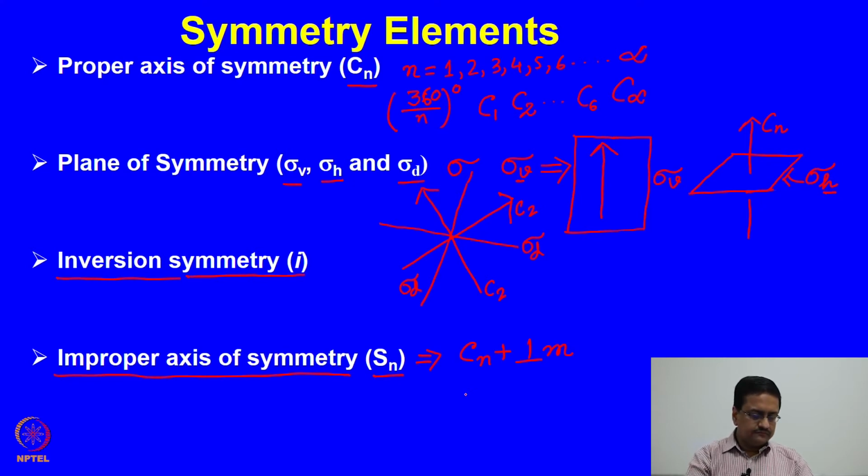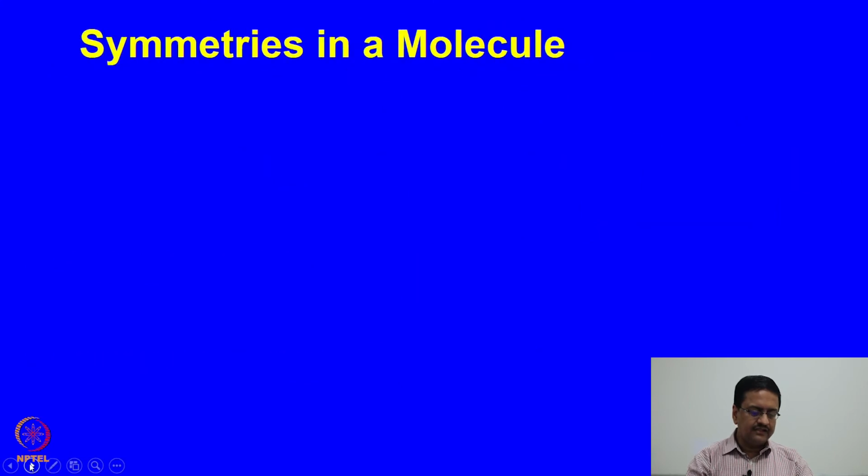So, now let us try to understand the symmetries in some very simple molecules. The first molecule that I would like you to see is water. As I said, what we need to know is the three-dimensional geometry of a molecule to find out the corresponding symmetry elements present in it. So, when you write the water molecule, how do we write water? Water is a molecule which is bent, and we write it like this.